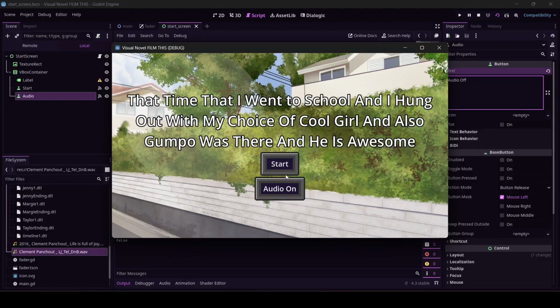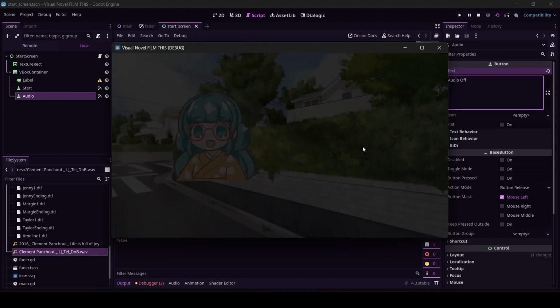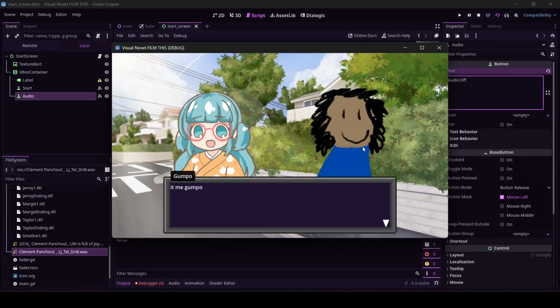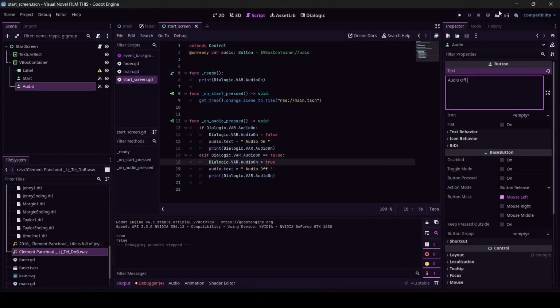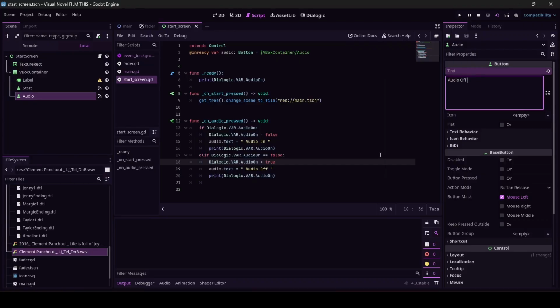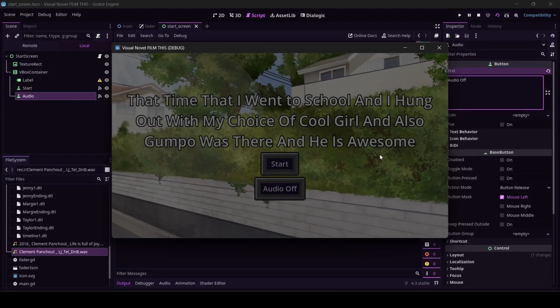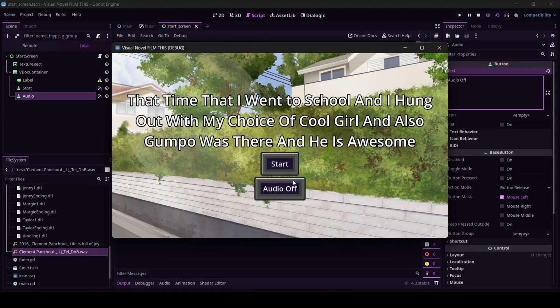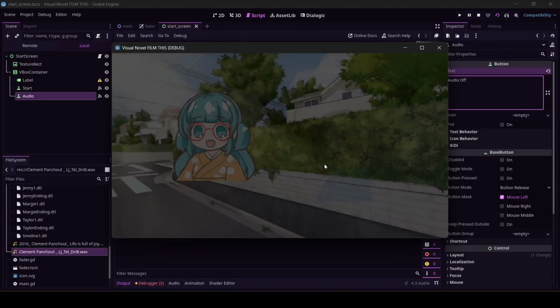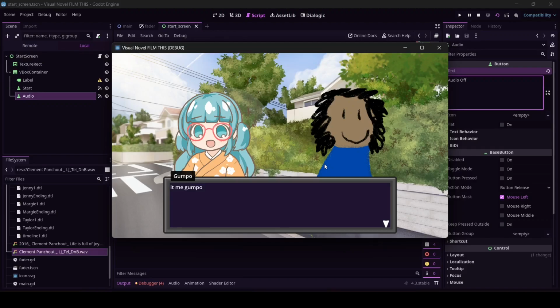And now it's off. And let's start. And it's off. Let's try it again, just to make sure. I'm the user. I am so into this music, and I hit start. It works. It works.